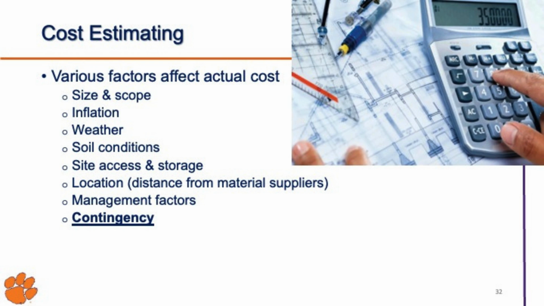in an urban area. Last but not least on this list, don't forget to include a contingency, which is an additional budget set aside to cover potential unexpected expenses or risks that may arise during the project. This financial buffer helps account for uncertainties, such as changes in project scope, unforeseen conditions, or other unpredictable events that